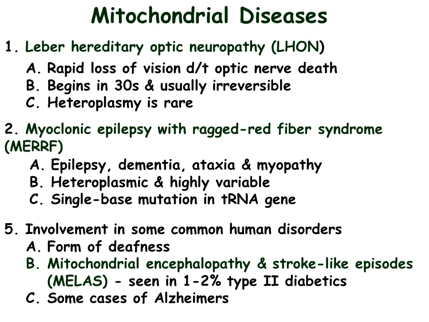One of the more common mitochondrial diseases is known as Leber hereditary optic neuropathy. Sometimes when you're going over and over all these sorts of things, your mouth seems to go crazy, or at least mine does. Anyway, these unfortunate people have a rapid loss of vision as a result of death of the optic nerve. It begins in their 30s. It's usually irreversible, and the heteroplasmy is rare,